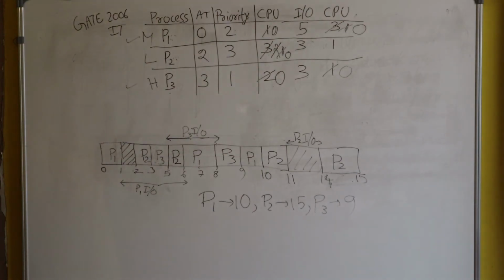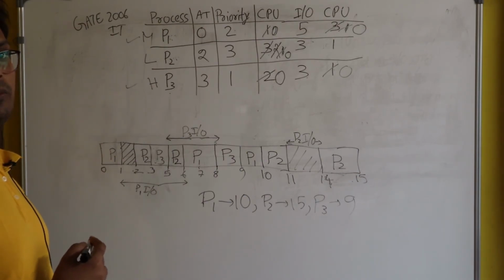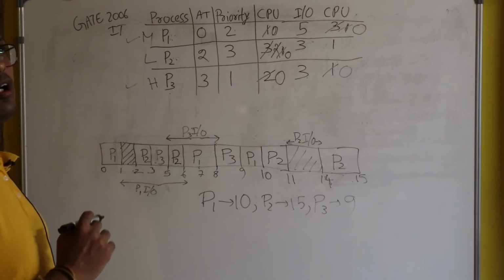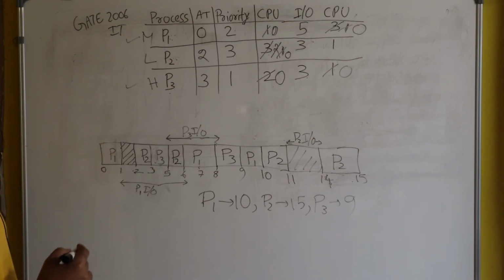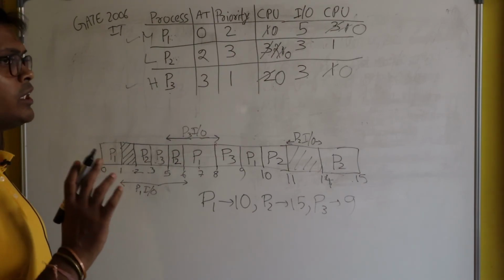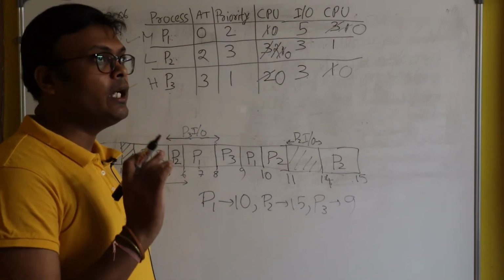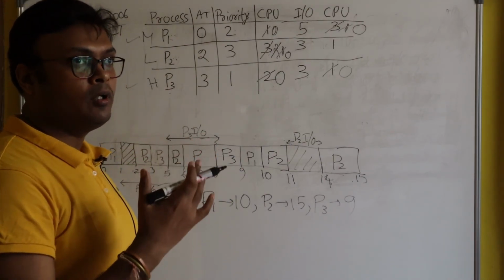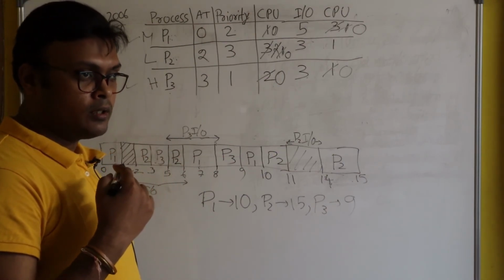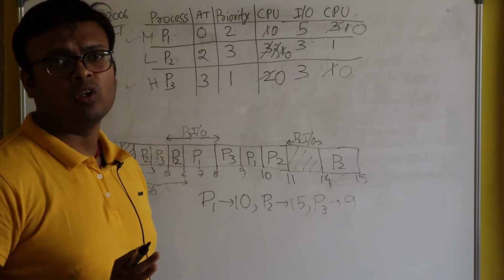Although I took more time in this question, it's only because of explanation, because I was trying to explain all the things clearly. That's why it took a lot of time. But in the examination, it will hardly take 3 minutes. It's not a very difficult question. You just have to understand the question, the meaning of IO when there is an overlapping, and how the CPU is given to a process. If you understand these things, then this question is nothing for you.